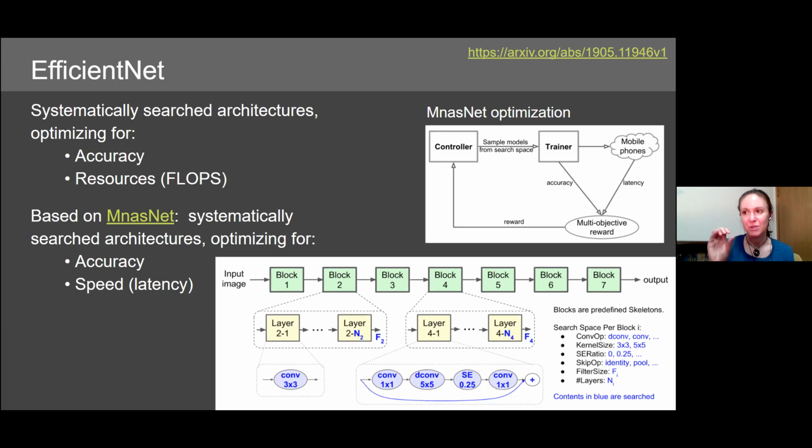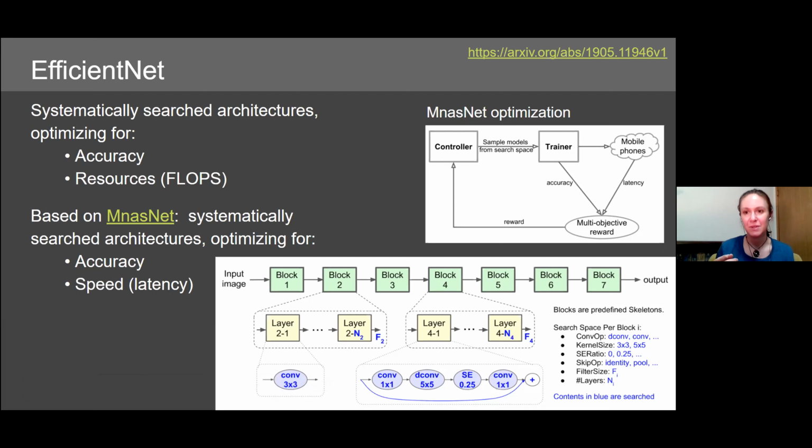And then those two optimization parameters were put into an objective function to compute how good that model was. And the result of that function was sent back to the controller, who then resampled these blue models here to come up with a new model, sent it to the trainer, the whole thing repeated again until you iterated